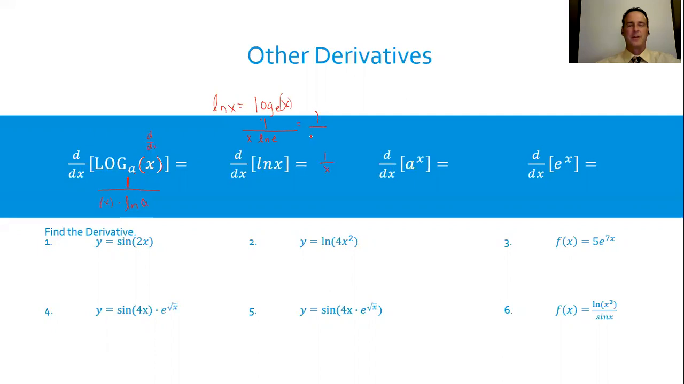Now, you can leave it that way if you want. That would be 100% correct. However, the natural log of e will go away, and you're just left with 1 over x. Okay. Similarly,